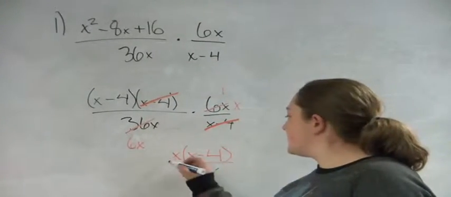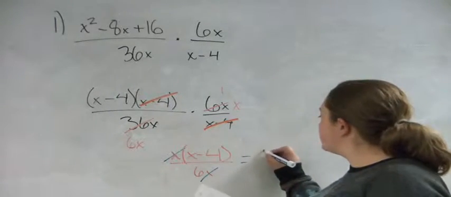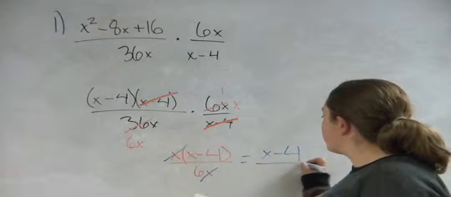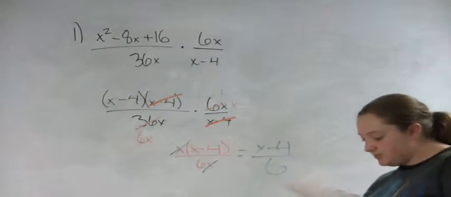So we can get rid of this x and we can get rid of this x. So our resulting equation is x minus 4 over 6. And that's the answer to that equation. Now, the second equation